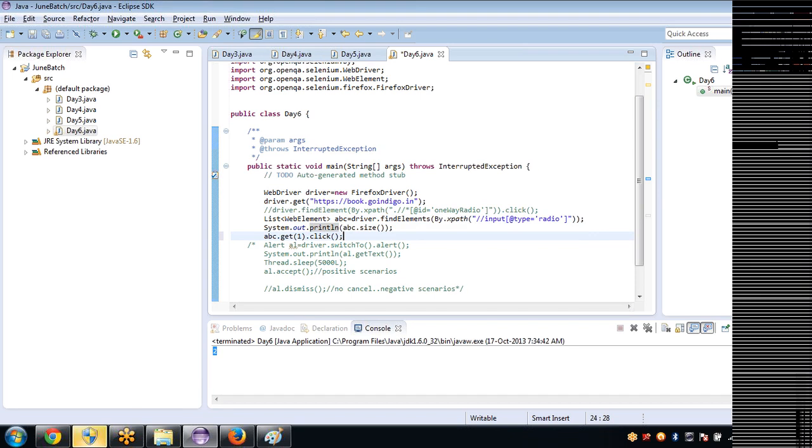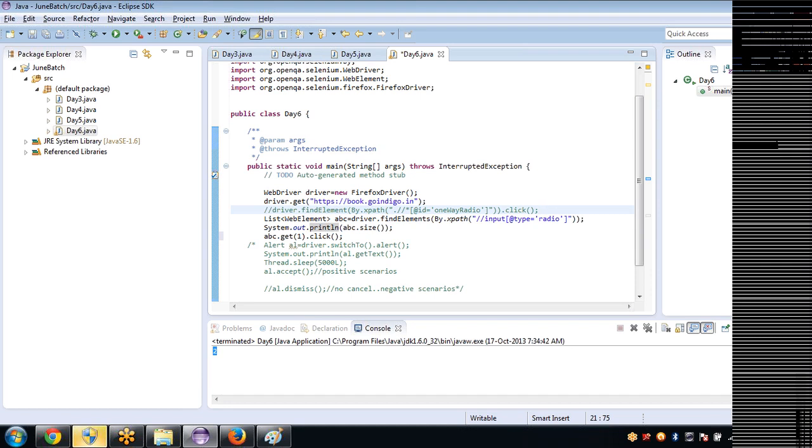You need a kind of practice for it. It's very simple, but you need to just put your hands on it. There is a little logic here. The way the question will be asked to you is, there are 4 radio buttons or 4 edit fields in the page. I want to click on the third radio button, but for all the 4 radio buttons I have the common property.